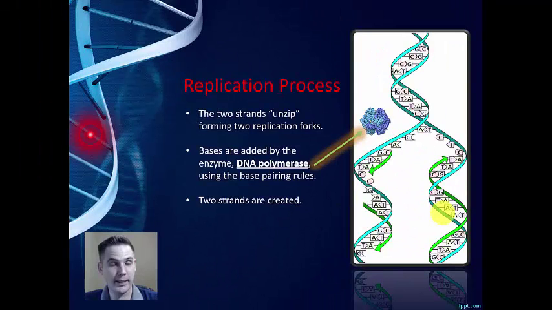But to make sure those two sets make sense is the DNA polymerase. And the DNA polymerase goes along these separated strands and follows Chargaff's rule, Professor Chargaff. You know that G's and C's have to match up. Anytime you see a T, you got to add an A. Anytime you have an A, you got to add a T. G's and C's, A's and T's. The order doesn't matter, you just can't mix up A's and T's with G's and C's. And as it does that, it creates a new strand so that eventually you get two new sets of genetic